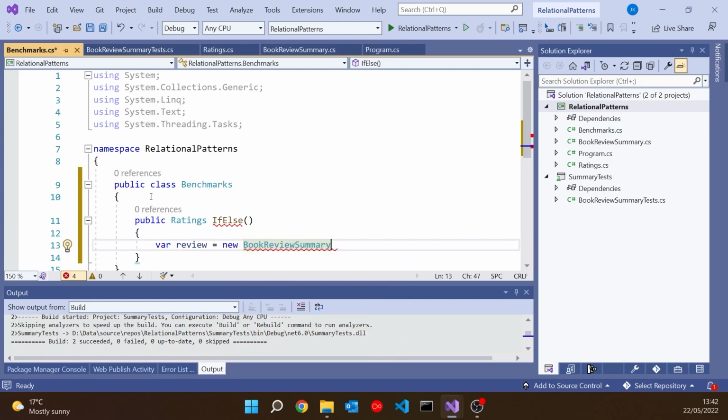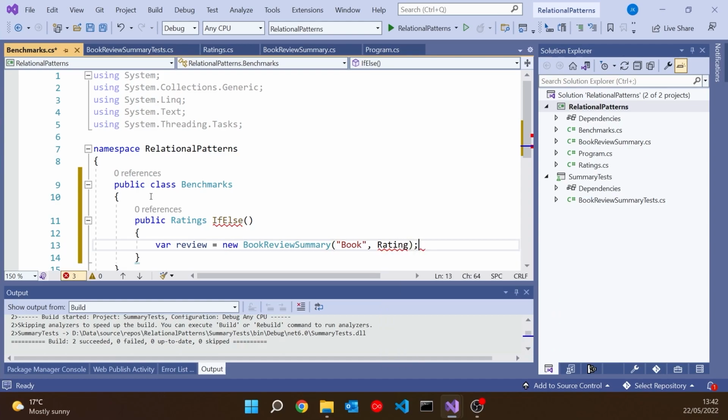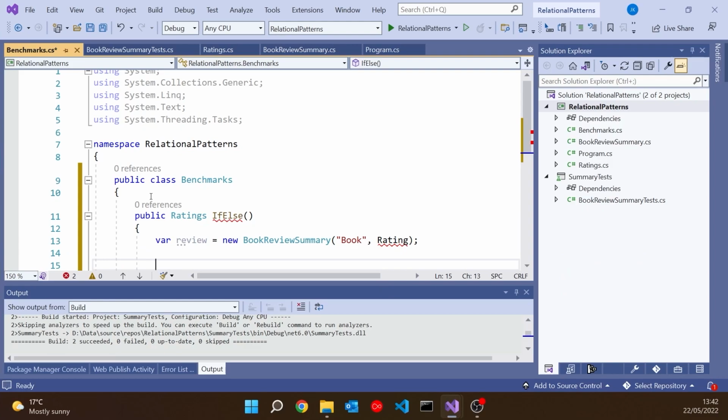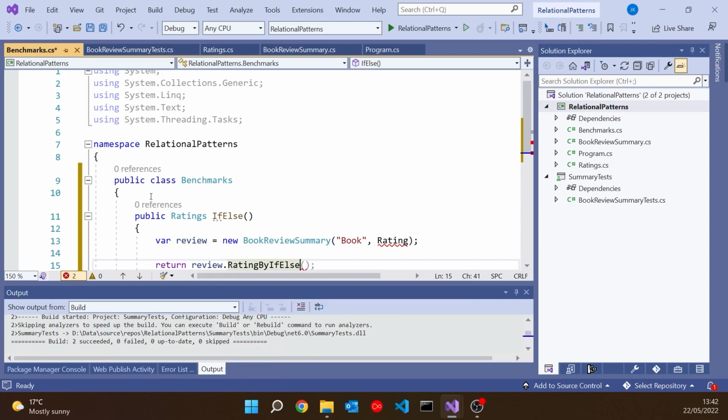I'm going to just give that a random title for the book because that doesn't matter. But then I'm going to give it a rating, and actually we'll have a property in there that I haven't written yet. And then I'm simply going to say return review dot rating by if else.